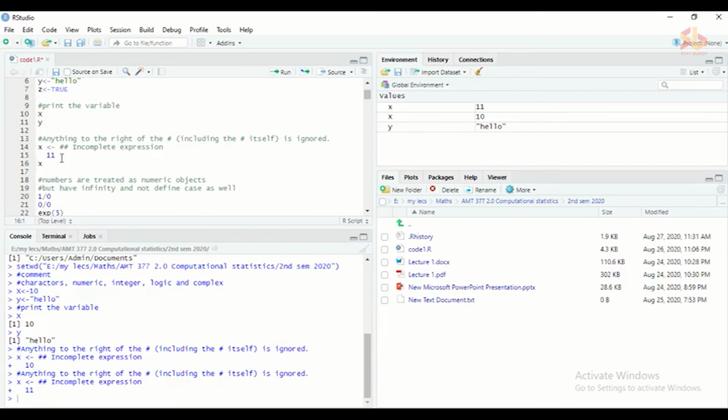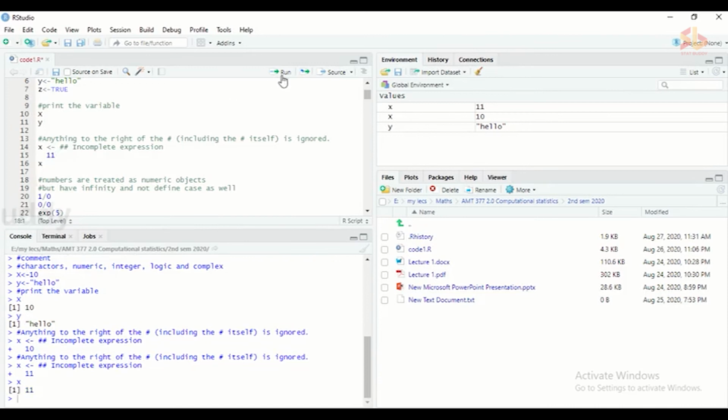In the next row we have an object, so that object is assigned to simple x, which is equal to 11. When you print simple x with control enter, or click run, you can see x is 11 now.